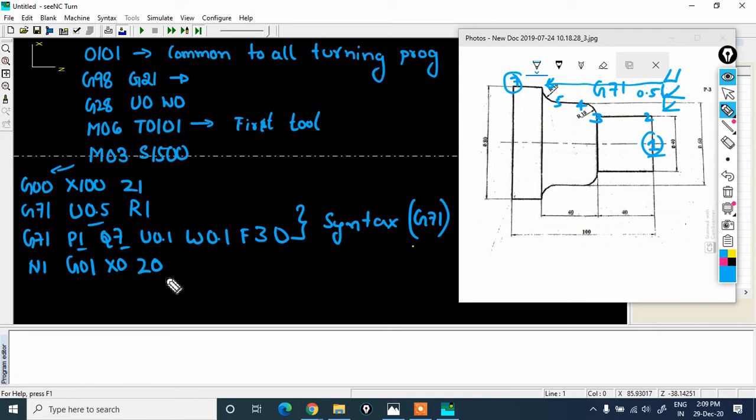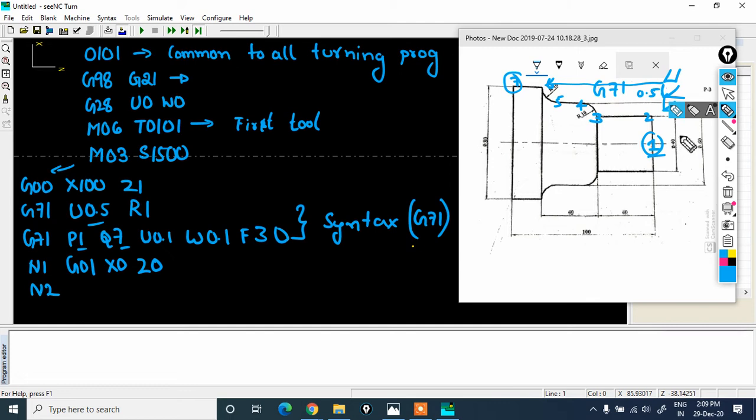Okay, we already gave the feed, no issues. Followed with N2 G01. See, I am telling you, once G01 is defined, you can avoid defining it again. So straight away you can start with coordinates. So X0 Z0 is done. The next coordinate is the second coordinate.